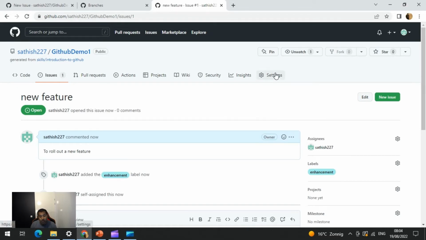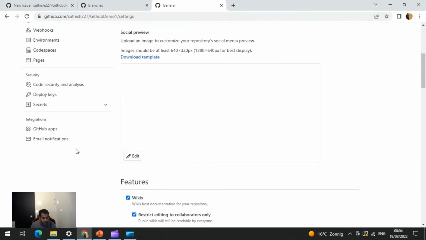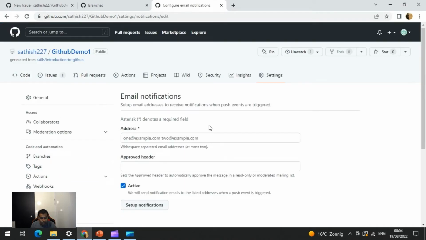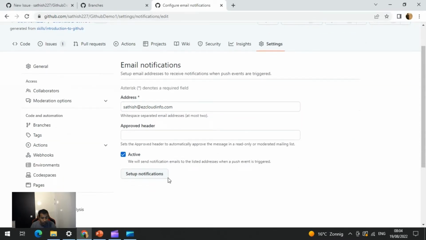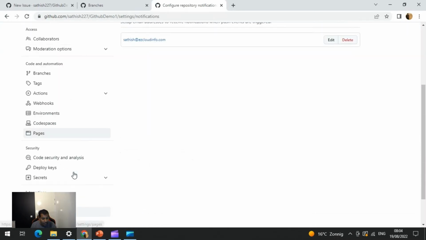And the other one we can have a look at is, for example, notifications. In the email notifications, you have an option: who are the email addresses, or who are the persons to receive notification when push events are triggered. For example, I can just put my email address, so that I'll be notified when some commits happen. And there is an option called setup notifications, and in the setup notifications I can still go and